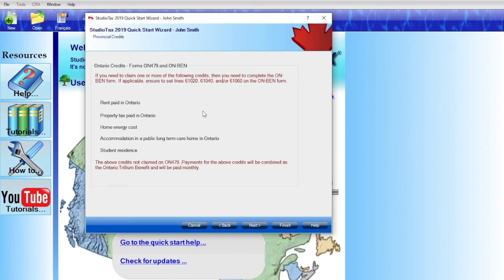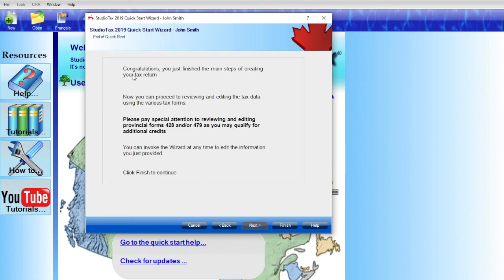So this is giving me the Ontario section, if I paid rent or property tax in Ontario, those things. I could just go to this ON479 and then fill out the ONBEN form. That will be the next thing for me. If not, then I don't have to worry if I haven't paid. If you haven't paid any rent or any property taxes, click next here. So it says congratulations, you just finished the many steps of creating your